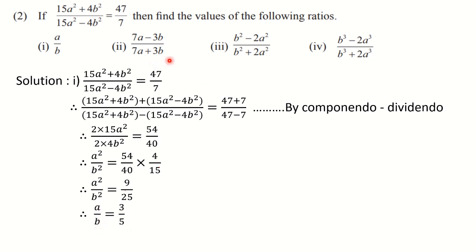Now to get the remaining values, we will make use of the new ratio which we have got, that is a upon b is equal to 3 upon 5. I hope you must have understood this question. As I have said, be careful while writing the answer. Try to understand the step and writing. This step is very important. If you write this second step correctly, then you are going to get the answer in the perfect manner.